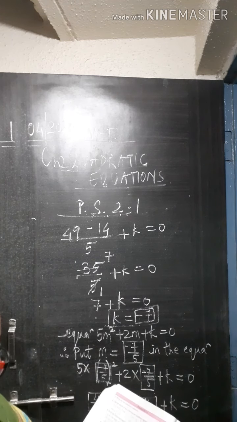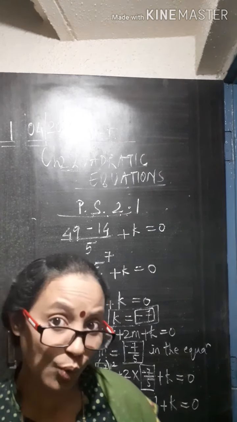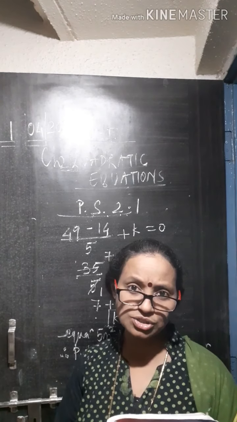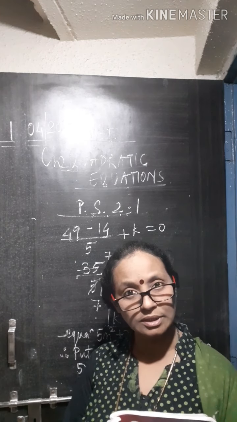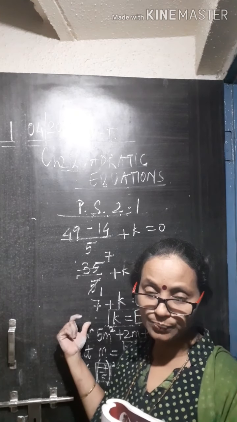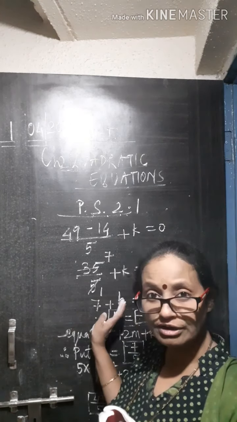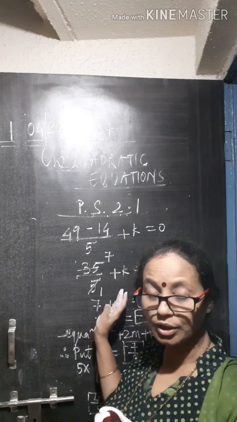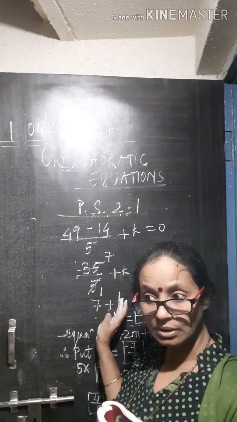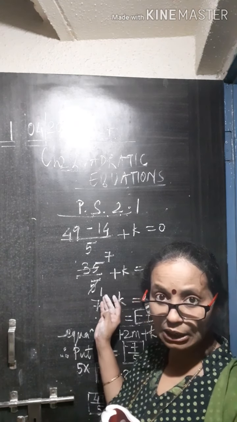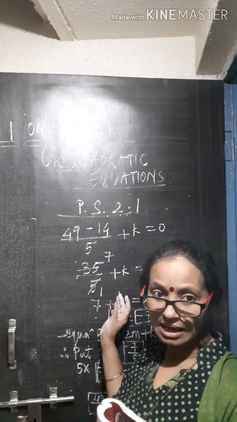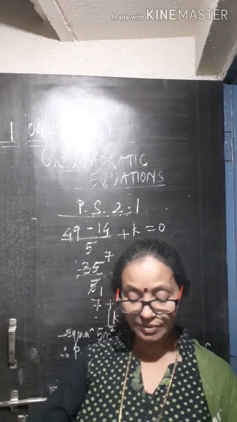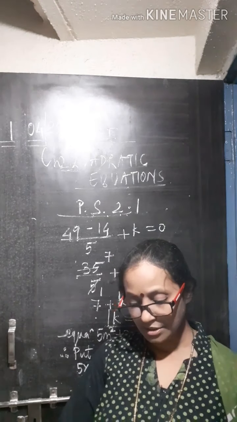Is that clear? So that finishes your practice set 2.1. Any difficulty you have, you just send me the message, and we will come back with a solution in the video. I hope you have noted down everything. Anything left, you are not able to note down, you can see the video again and pause, take down, and complete your practice. Next we will continue with the next exercise in the next video.